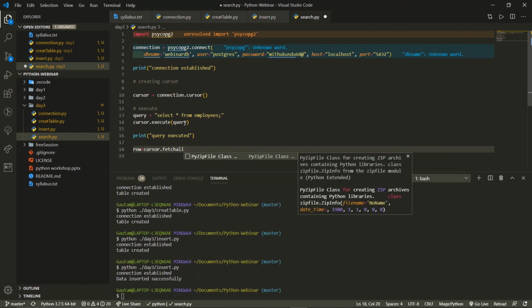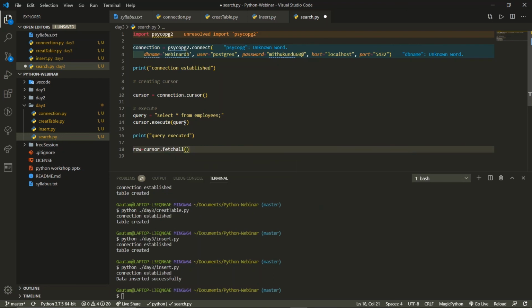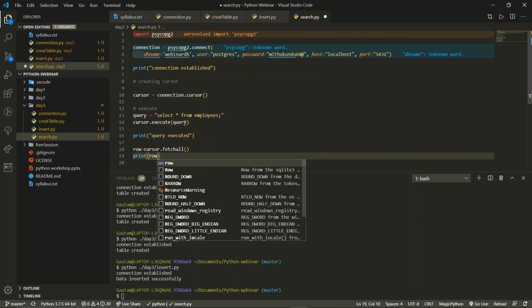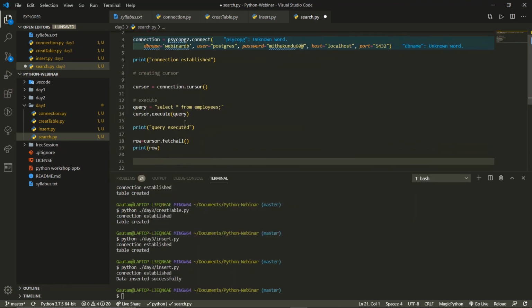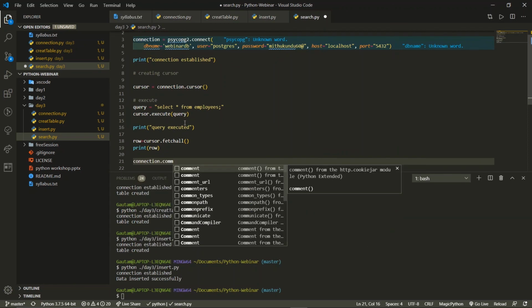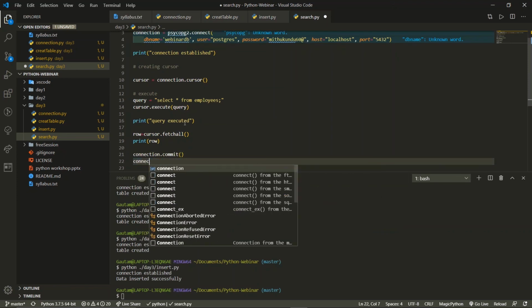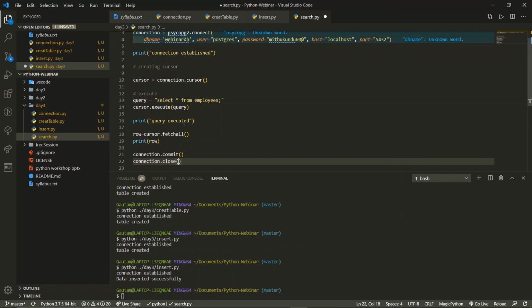So we'll write fetchall, that is, we will fetch all the data that are present in the cursor, and we will print this data over here, print row, and after this we will commit, connection.commit and connection.close. So let us execute this first. So we have to change the name of the file. It's search.py.